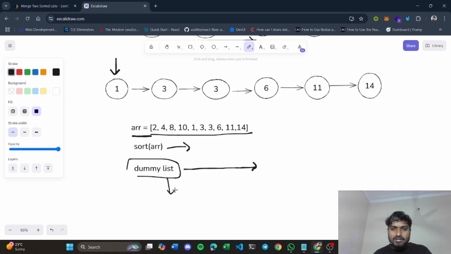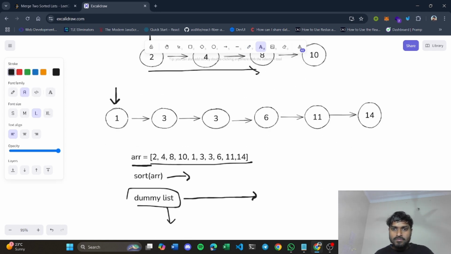So you can see here, the time complexity of this approach will be, first of all, you are traversing the first linked list, which will take O of n1 time complexity. Again, you are traversing the second linked list, which will take O of n2 time complexity. Then you are sorting your array.